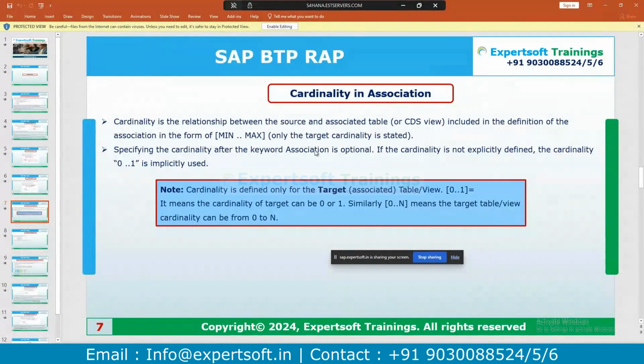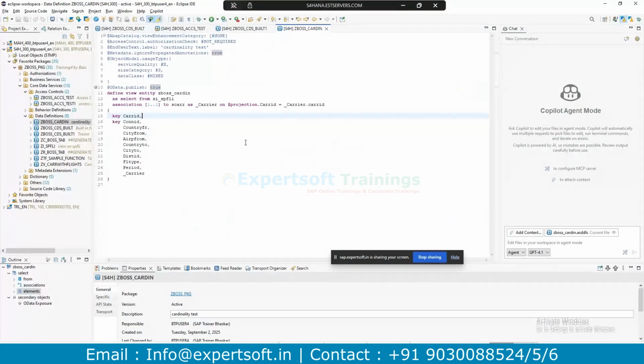Association and join. I understood 1 to 1, 1 to n. Okay, but 0 to 1 or 0 to n is a 0 to star. Actually, this is predefined. It is one of the syntaxes to tell the CDS view what the expected result is. Okay, it is not like it has been restricted to it.